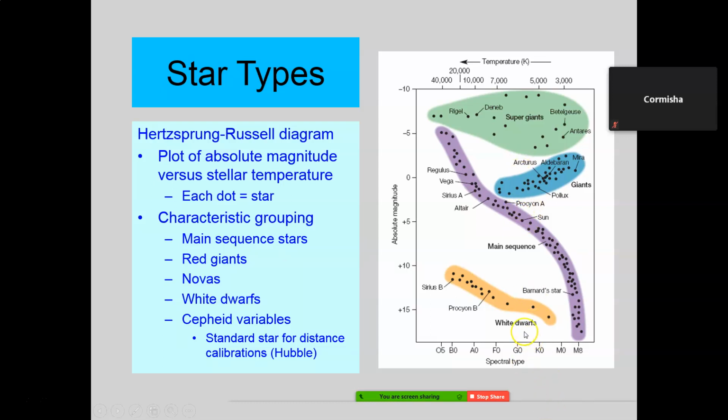Temperature, G, right in the middle, 5,800 K, right in the middle. There's the sun. Main sequence stars. Okay? We'll come back to this, talk about the Hertzsprung-Russell diagram some more, and then go into the lifetime of a star, which is where we started a long time ago, how it got started. Then we'll see how it ends.